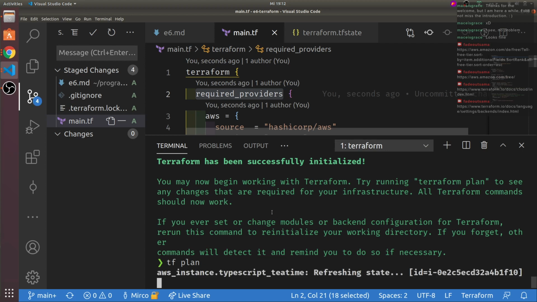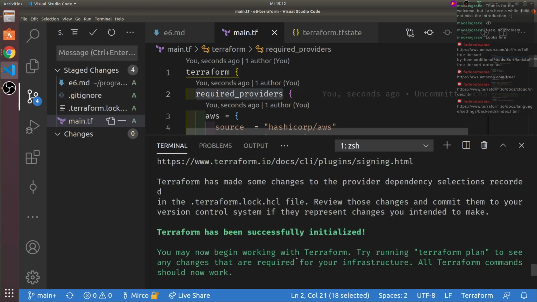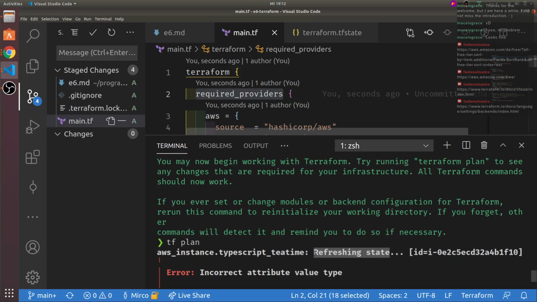It now does some planning, and in fact it has to do something, right? In particular, it also refreshes the state, and it fails. Okay. It refreshes the state.